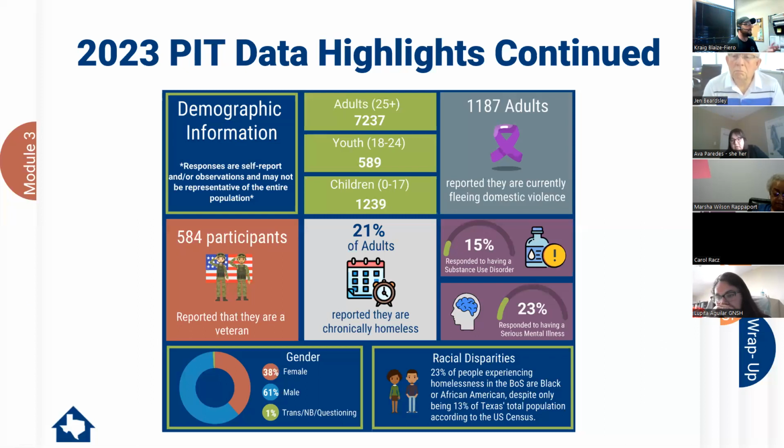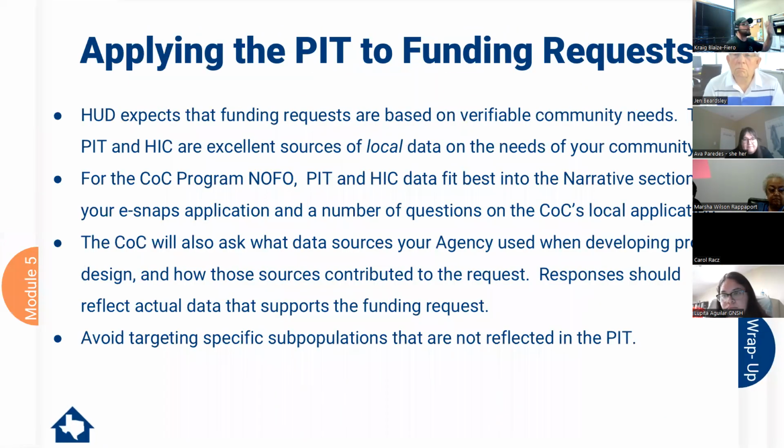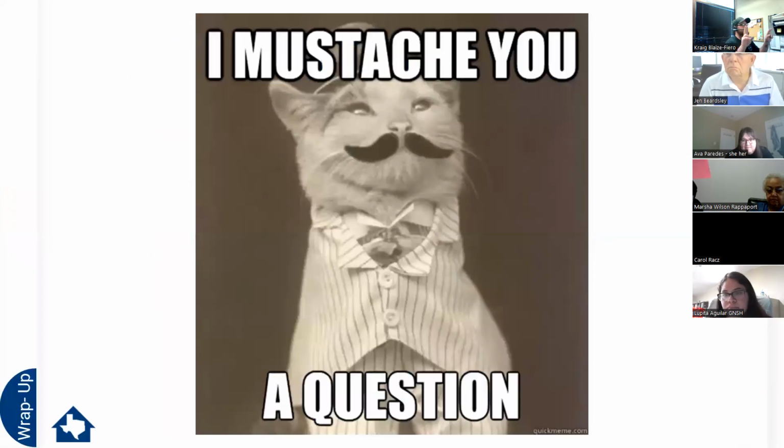On top of that, it does call into account privacy. You have to get the parents' consent to ask these children these questions. So there's a lot of moving pieces because we've tried this in the past when I was the Homeless Coalition liaison, matching HUD data versus McKinney-Vento data, because there's no way to de-identify to say, did this parent answer both questions at the same time? Did this household get surveyed at the school and not in PIT? Did they get PIT not in school? So it became two different data sets that wouldn't match. So you had to look at them as two separate piles of data, right? So it just gets very hairy when you're looking at McKinney-Vento data versus HUD.